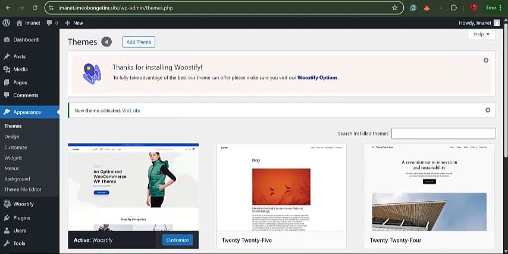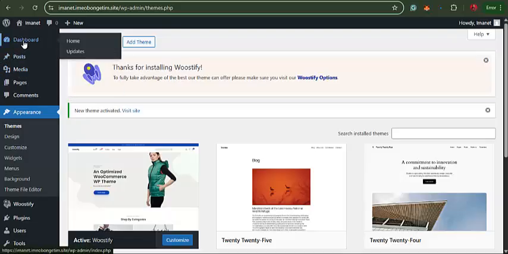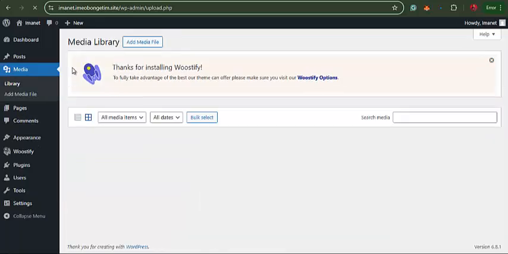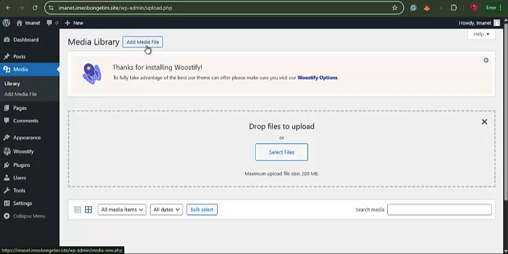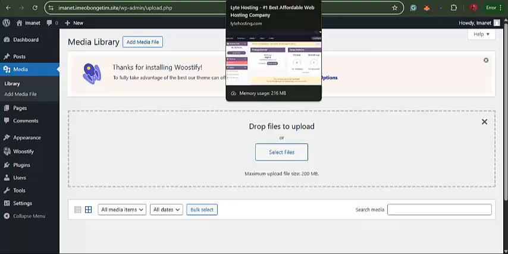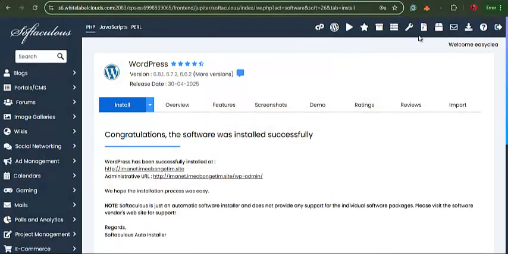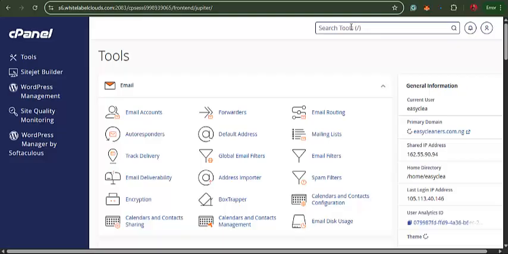Okay. So I want to check my upload limits for my media library to see if it's sufficient enough. So I'll click on add file. It's saying 200 MB. I want to increase this limit. So to increase your upload limits, let's go to our cPanel. Go to your cPanel, and then you want to